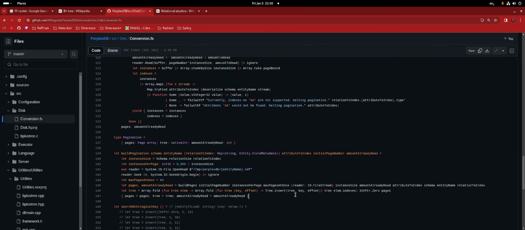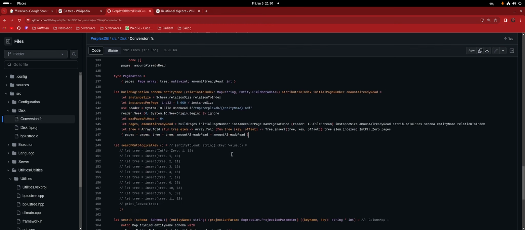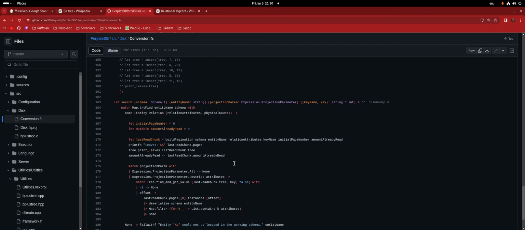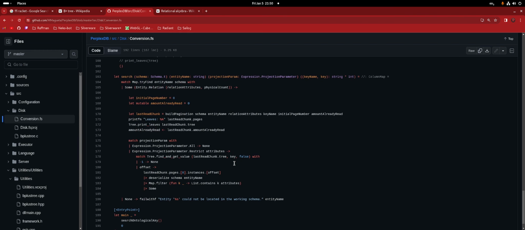But anyway, go down. I was making a function that is the search on the logical key, because I don't like the name primary key. But anyway, it's not done yet. And then on the search, all you have to do now is iterate over these many times. So you get the chunks. In our case, it was two chunks of 512, right? In the example I gave.